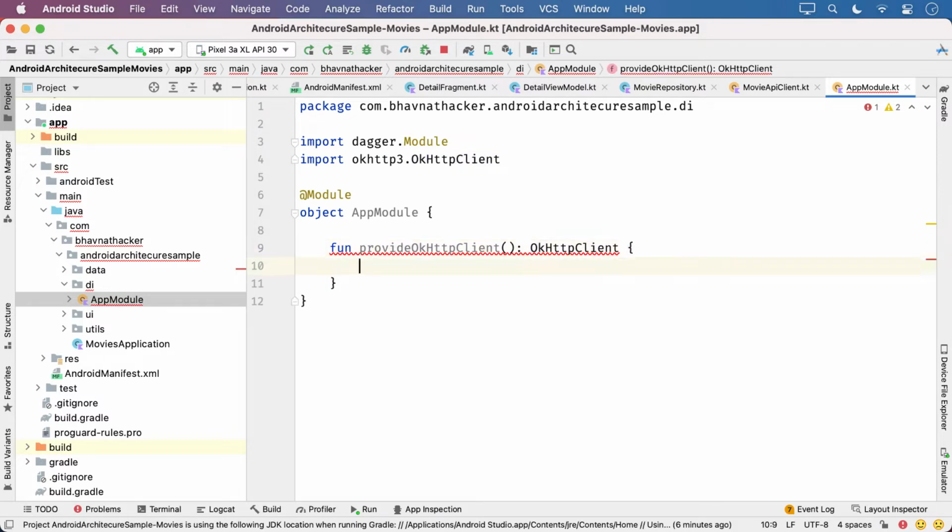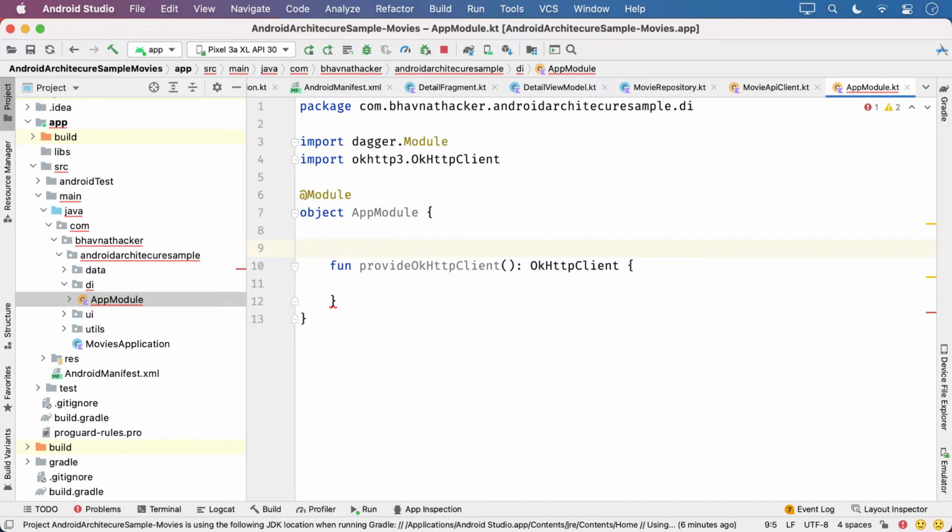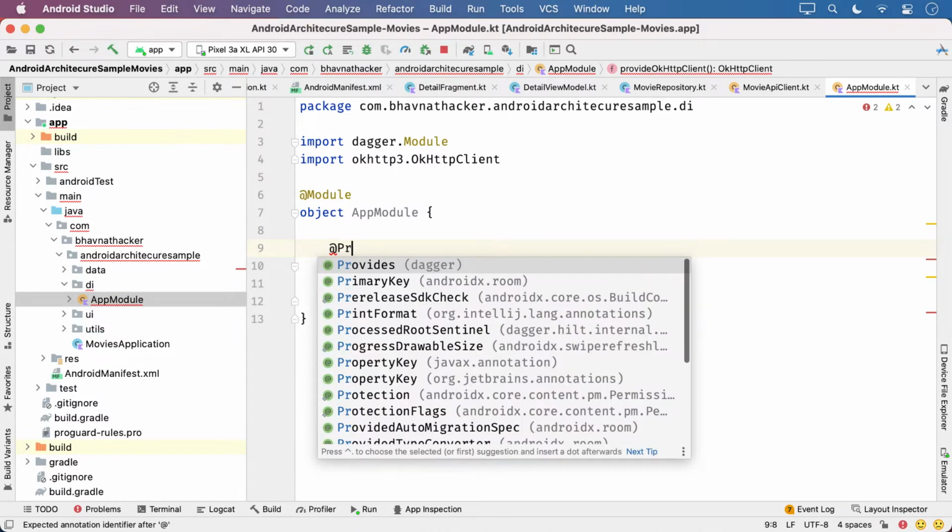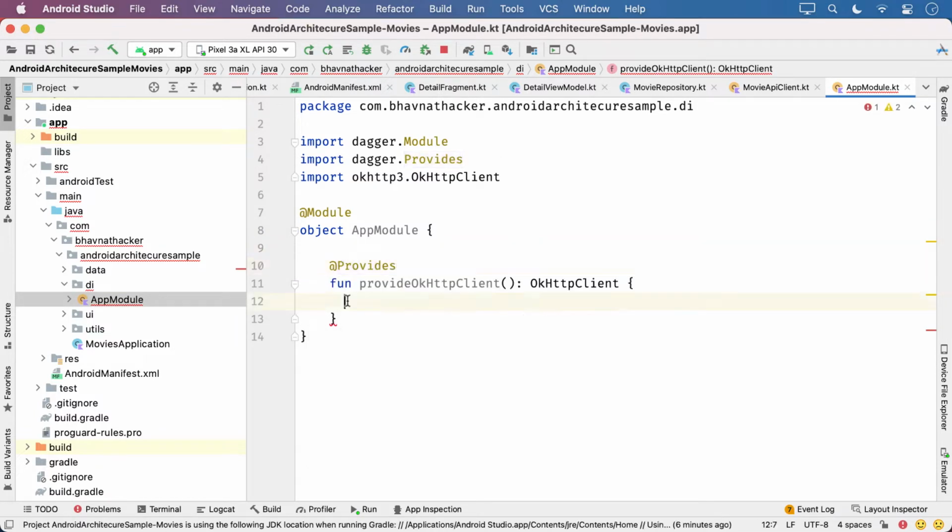So what you are telling Hilt is, first, provide the annotation over here, @Provides. So you are telling Hilt that whenever any component in the application needs an OkHttp client, you are going to provide this from here. So the name of the function does not matter. What matters is its return type.